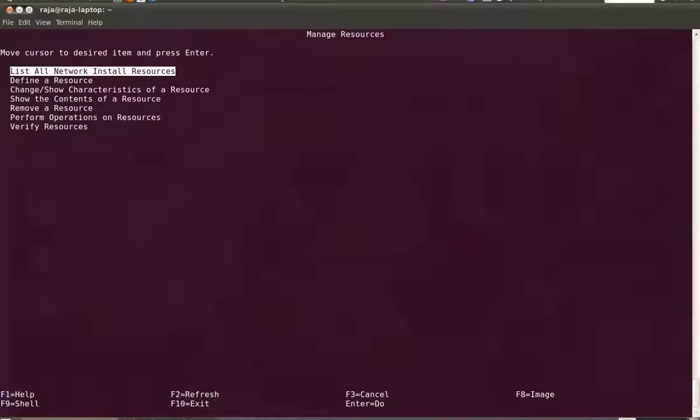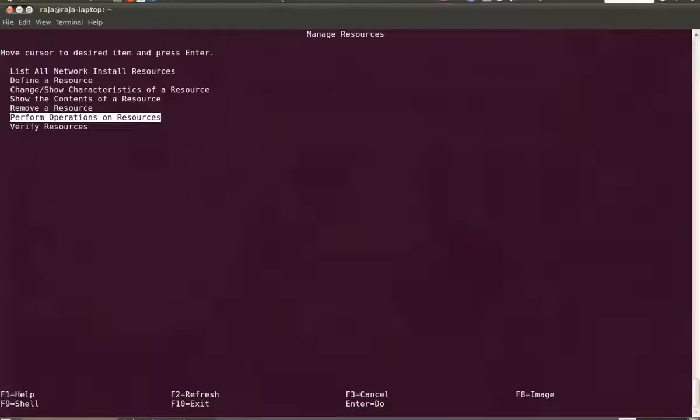And in manage resources, you can define a resource like LPP source or spot or mksysb, or you can change or show the characteristics of a resource. You can remove a resource, or you can even perform operations on a resource.